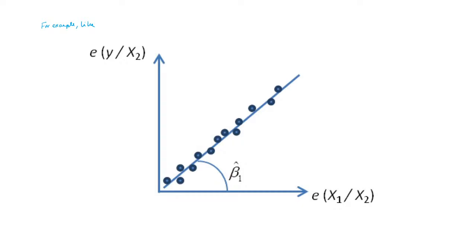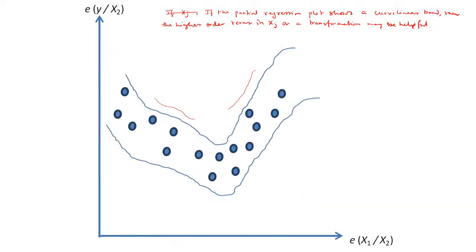That is, if you are interested in checking whether x2 is linear or not, and the partial residual plot looks like this, then you are happy with x2. If it looks like this, then you need a higher order term of x2, that is x2 square, x2 cube, etc. And every time you draw the partial residual plot,